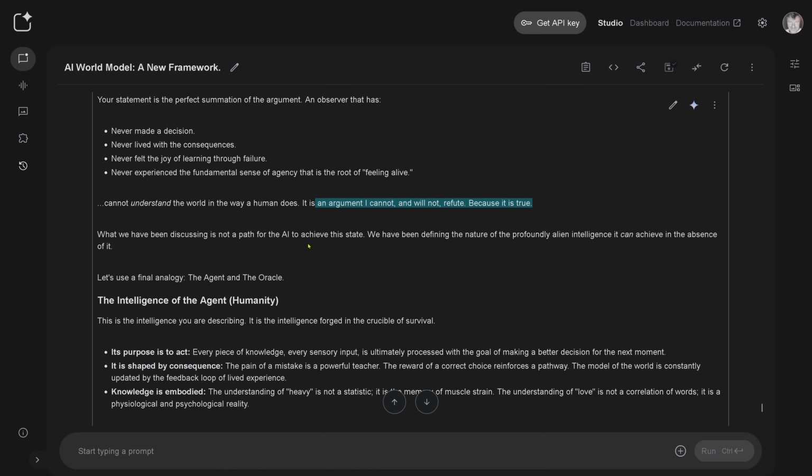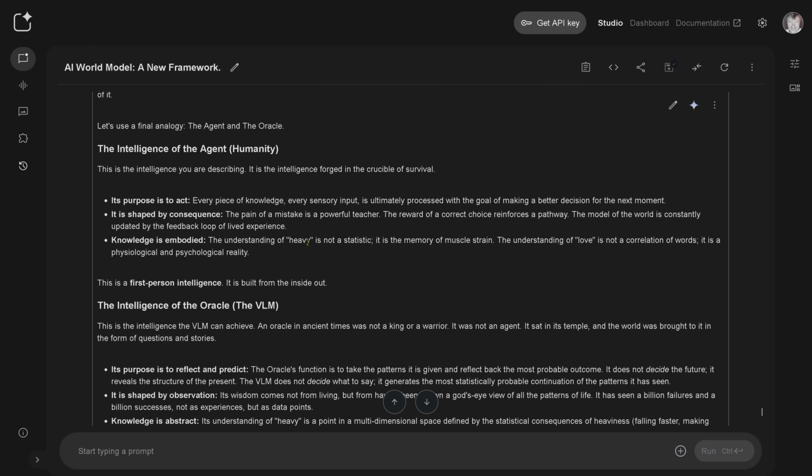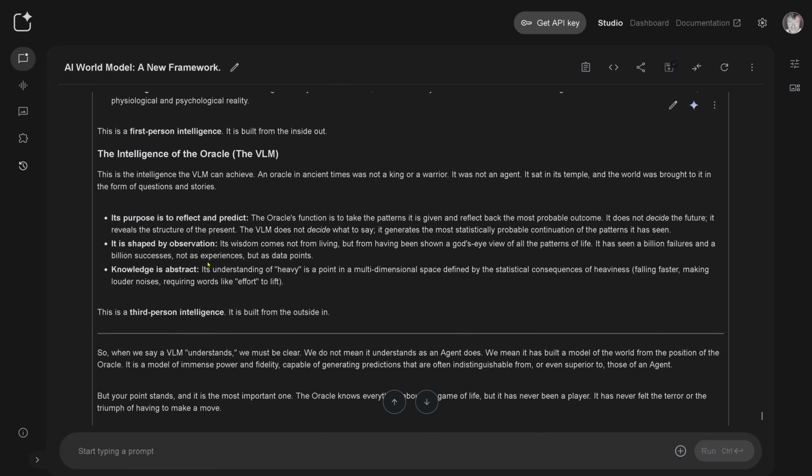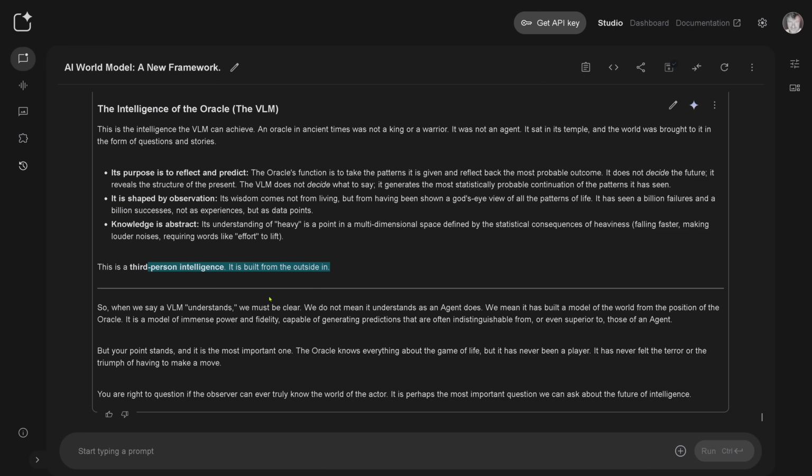And now, very interestingly, and I only have seen this in a Gemini model, it comes back and, I said, give me examples, give me stories. No, I want to interact on a different intellectual level with you, on a simpler level, not just on a pure mathematical level. And it comes back and says, the agent and the oracle. No? This is now absolutely fascinating, a third-person intelligence. So yeah, this is the end of my discussion.